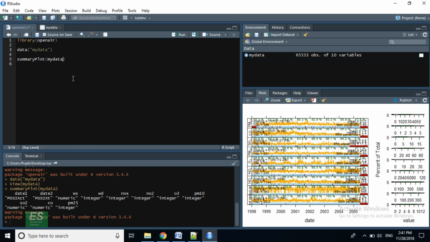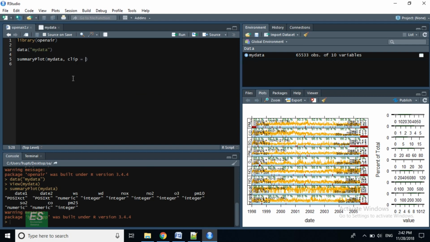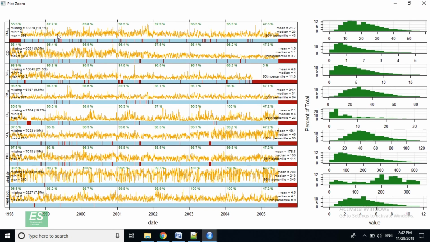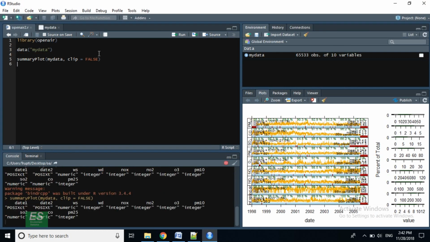There are various parameters which we can pass to the summary plot like clip, percentile, type. The clip parameter can be set as true or false. By default it is true. So when we set it as false, all the values will be used for plotting the histogram. Say in the default plot in which clip is true, the outliers are not plotted in the histogram. So here we have a maximum of 398, but the histogram goes only up to 50 or 60. So if we set clip as false, all the values will be plotted in the histogram